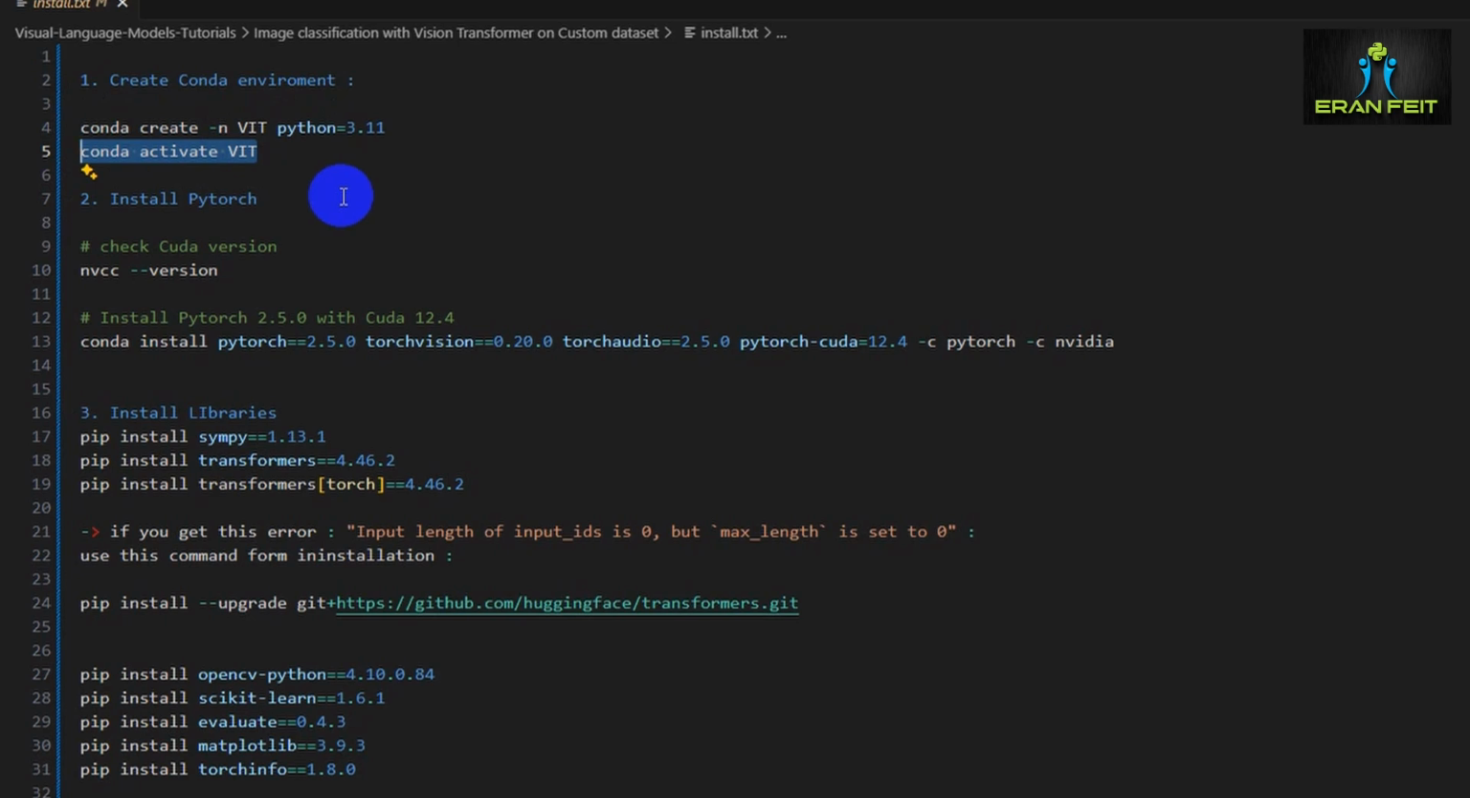Then we are installing PyTorch. When you are installing PyTorch, you should know what your CUDA version is, and the CUDA version is based on the installation of your GPU card. So if you go to the PyTorch website, you can find all the versions of PyTorch. I decided to install 2.5.0, with CUDA